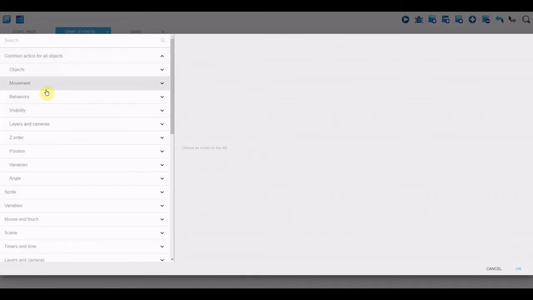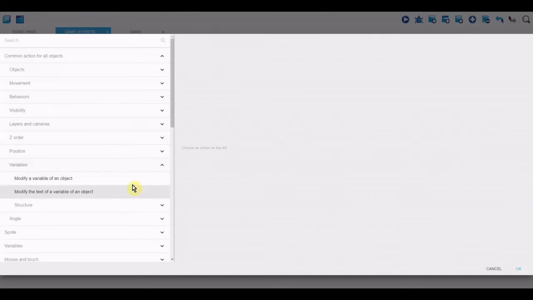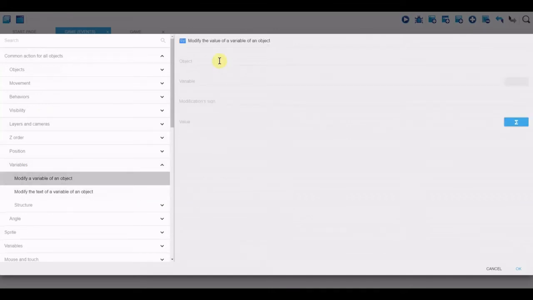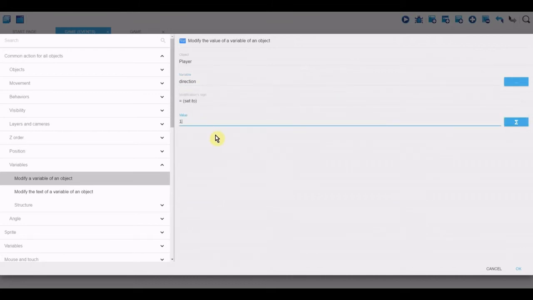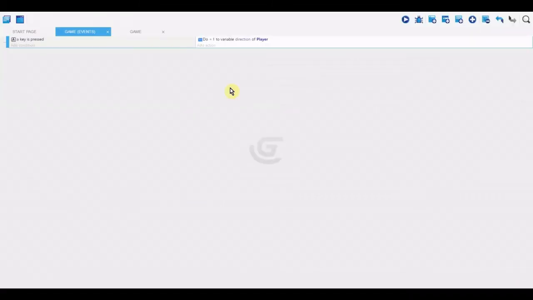Or I'm sorry, actually it's going to be 1 because that's going to be going to the left. Go to variables, modify a variable of an object. The object is player, variable is direction, equals 1. Also,